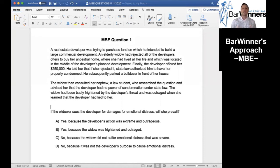Yep. How many elements are there to IIED? 4. If you are in court and you're the plaintiff, how many of those elements do you need to establish in order to prevail out of the 4? All 4. If you are the defendant, how many of those elements of the 4 do you need to not establish in order to prevail? 1. Right? So in terms of choosing the best answer in this instance, we're going to go with C,